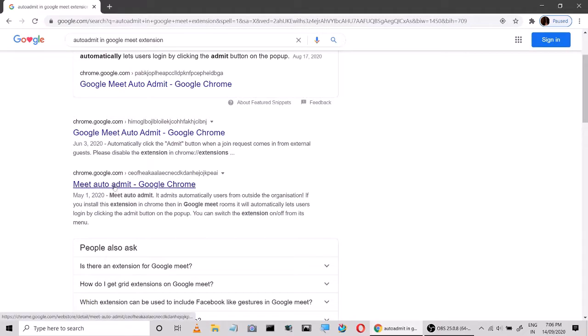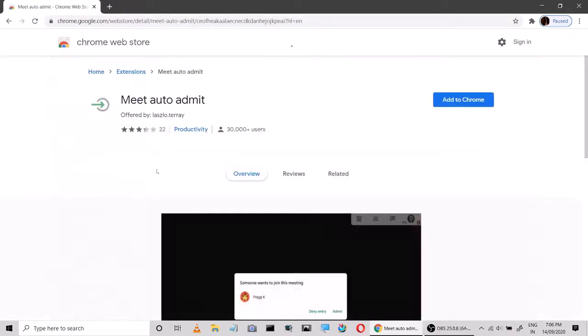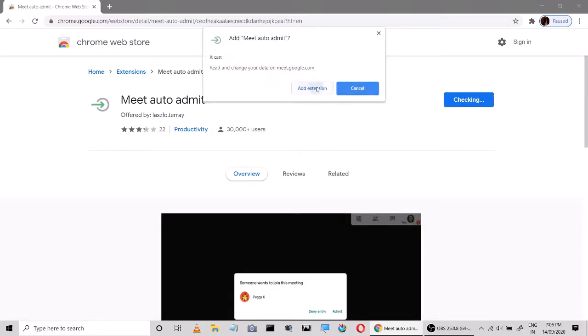Click on this Meet Auto Admit, look over the extension, and then just add to Chrome. Add extension.